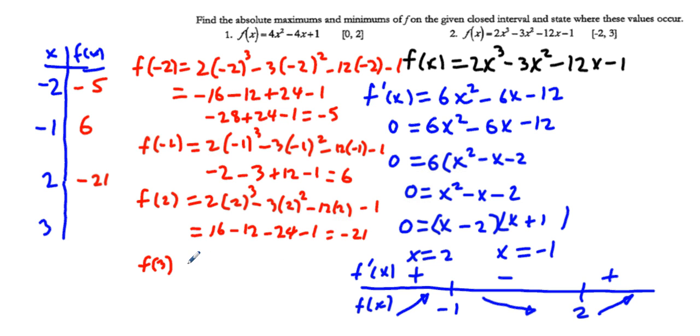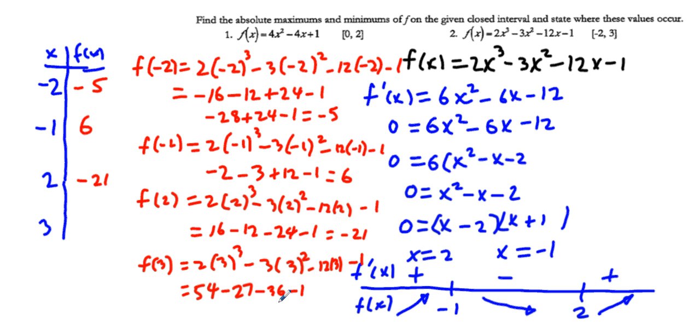So that's going to be 2 times 3 cubed minus 3 times 3 squared minus 12 times 3 minus 1. 2 times 3 cubed, that's going to be 2 times 27, which is 54, minus 3 times 3 squared, so that's going to be minus 3 squared is 9, that's 27, and minus 12 times 3 is minus 36, and